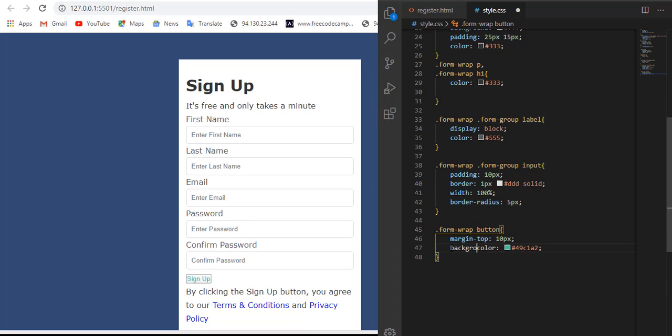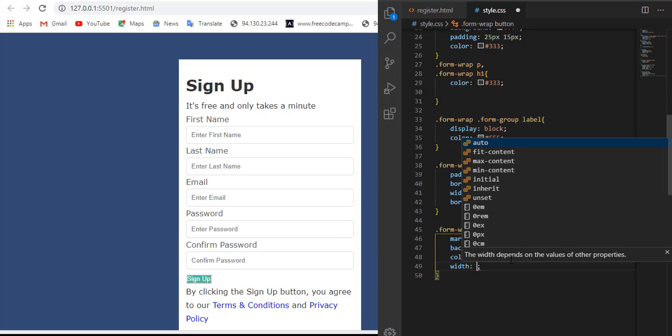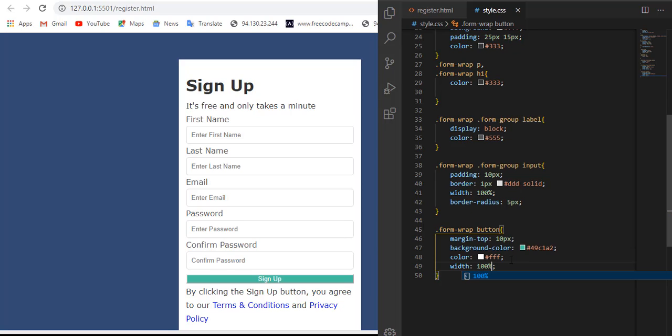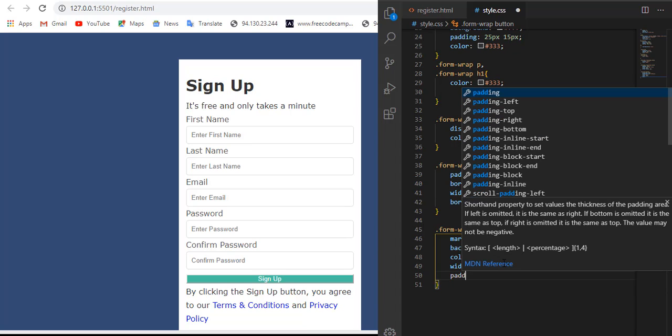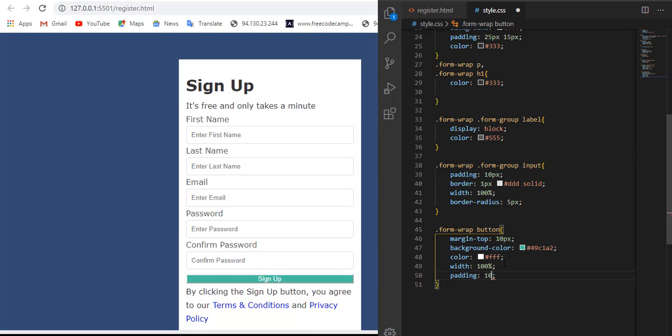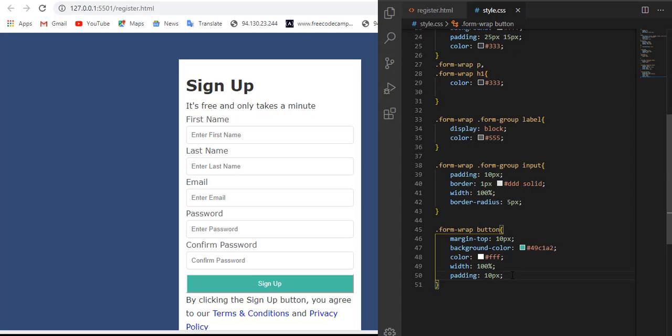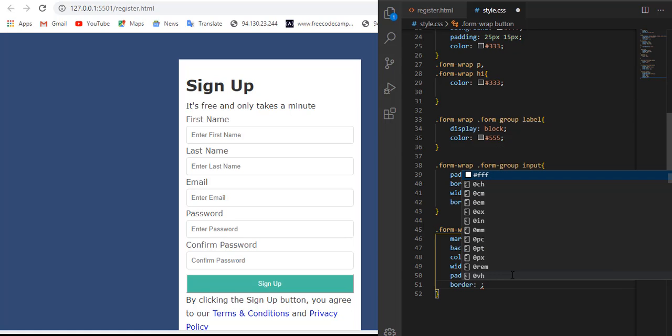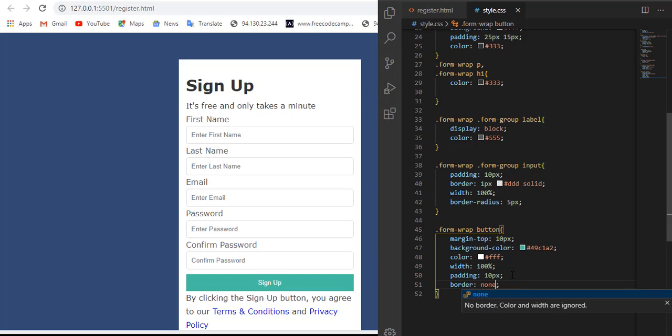It's a background color, not color. Let us set the color to white. Let us set the width to 100%. Let us add the padding and set padding to 10 pixels. Let us remove border, border and set to none.